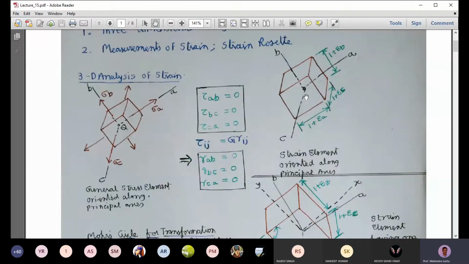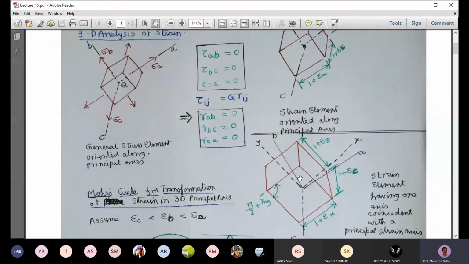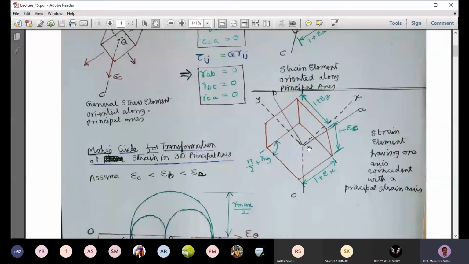What we can do is look at this element from the C axis and rotate it about the C axis. We will get a rotated coordinate system. Suppose we have the A and B axes, which are the principal axes. Now we rotate by a small amount and get the new coordinates x and y, and the C coordinate remains the same, it does not change. For the new coordinate system, suppose a cube is oriented along the x axis, y axis, and C axis, and the cube's length is 1 unit.